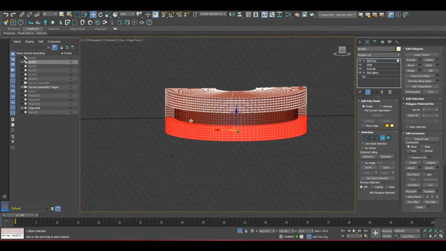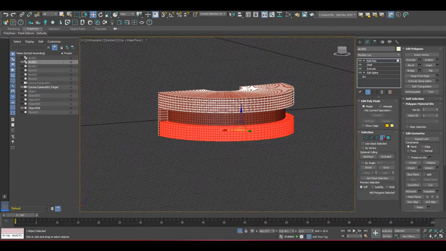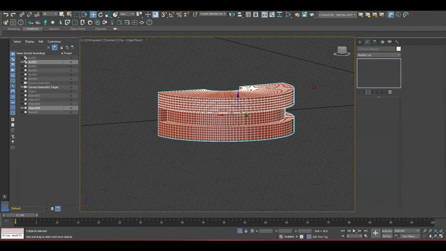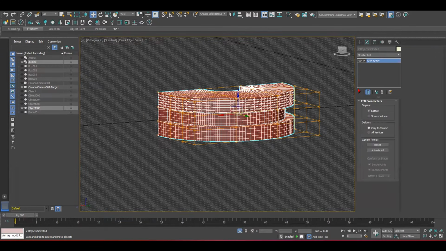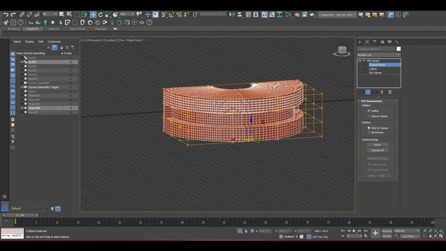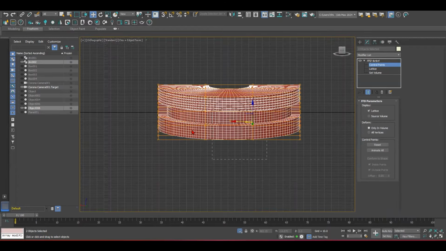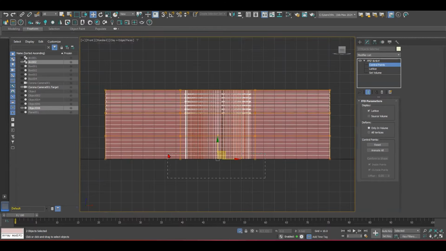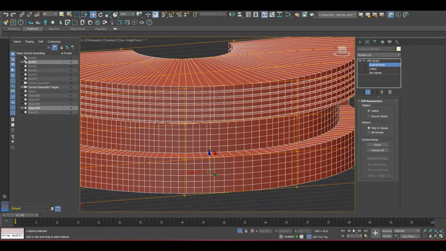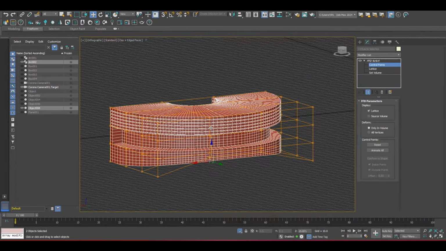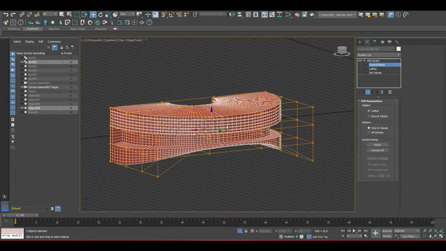So to fix this, I can select all of these, and I select FFD 4x4, for instance, control points. I'm just gonna put one, just bend it this way.